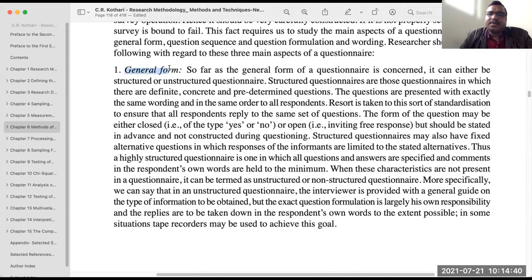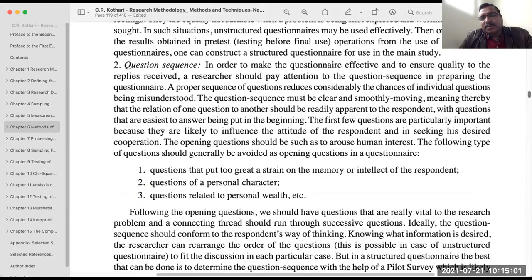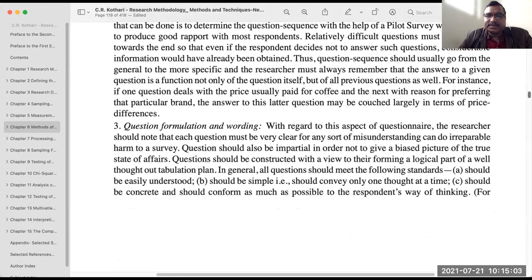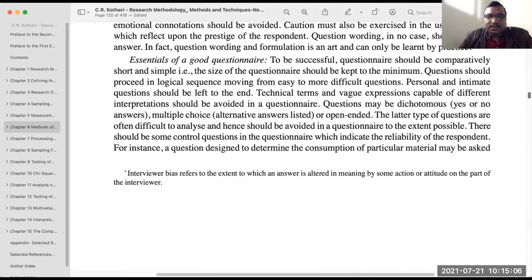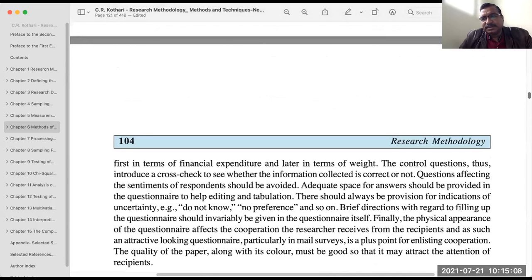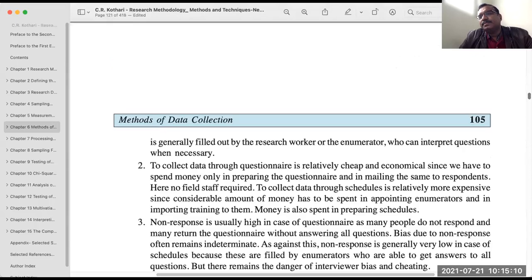There should be a general form in which you write general information about the participant: where from, background, demography, age, sex, position. That has nothing to do with your research problem, but you want the general information. And then you go for the structured questioning. So please go through this chapter at least once before starting.